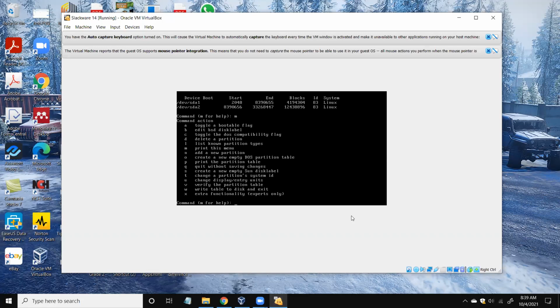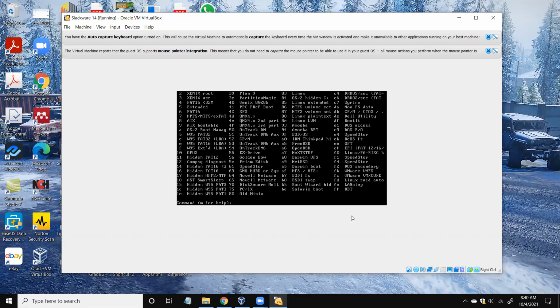When we press T, we can change the file system, but we should know what the available file system types are. That is available when we press L, so I will press L and enter.